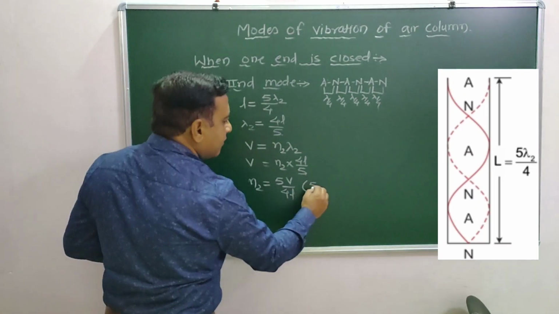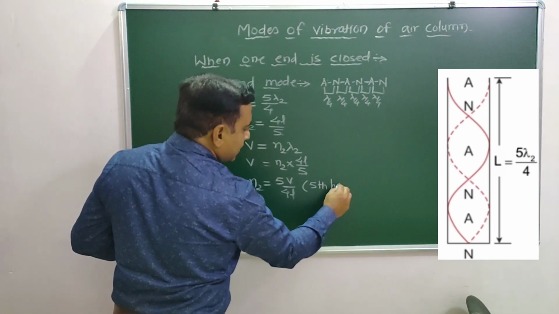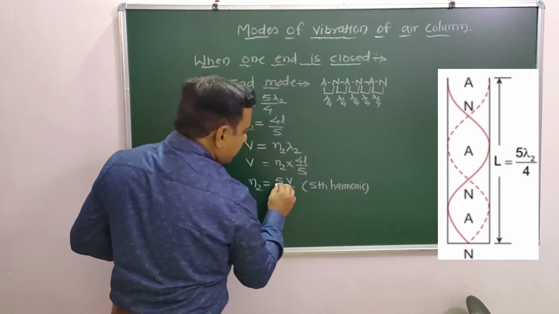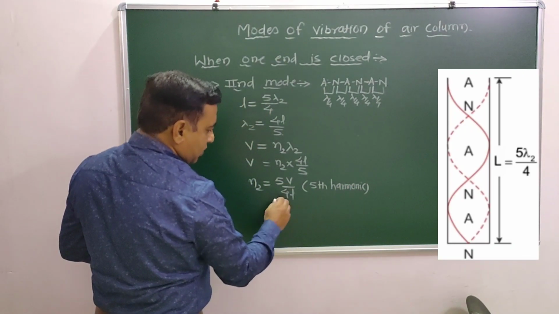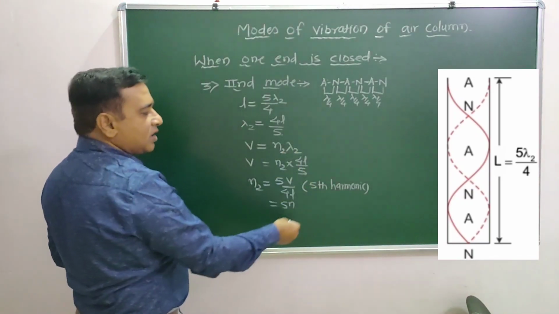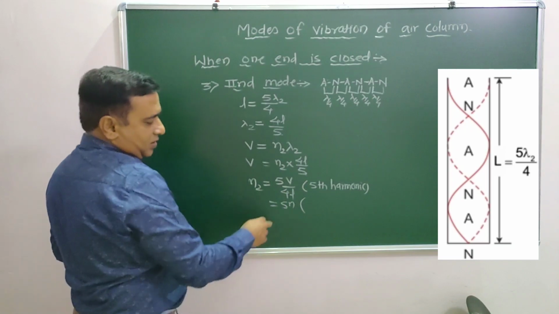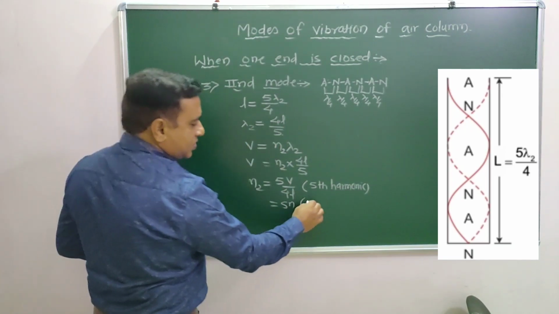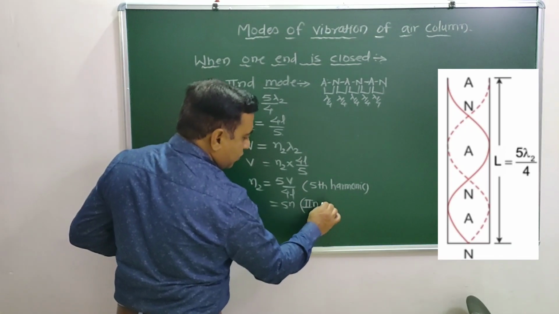So we have this fifth harmonic. Integer multiple of fundamental frequency is known as harmonic. So this is 5 multiplied by this, because it is 5N. And next to that one, what about the next phenomena? Sir, it is the second higher frequency. That's why it is the second overtone.